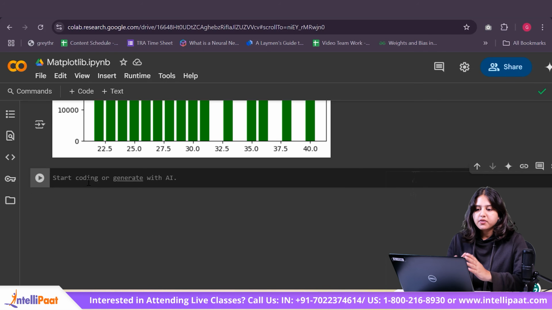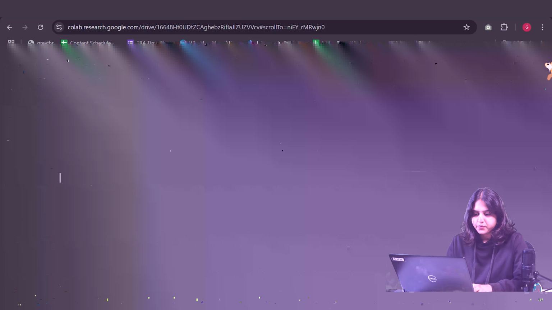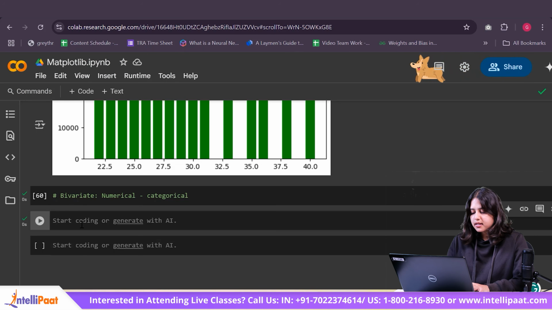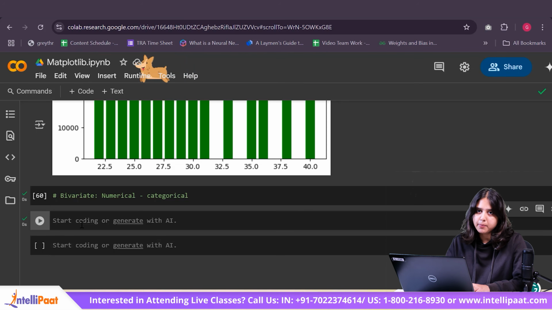Okay, so this is how you visualize two numerical columns, but what if you had a numerical and a categorical column to visualize? So let me go ahead and show you guys bivariate analysis but with a numerical and a categorical. I'm going to consider my salary feature and my department feature, and now I want to see the visualization of how my salary is distributed according to my department.